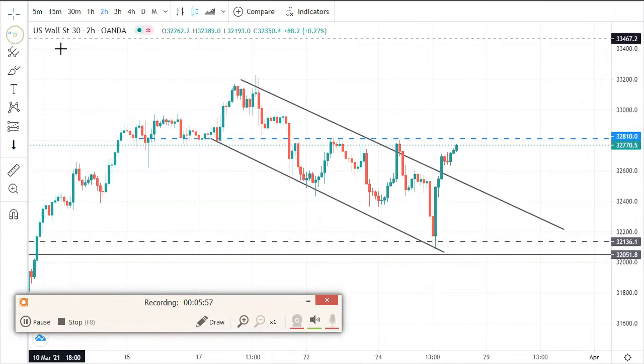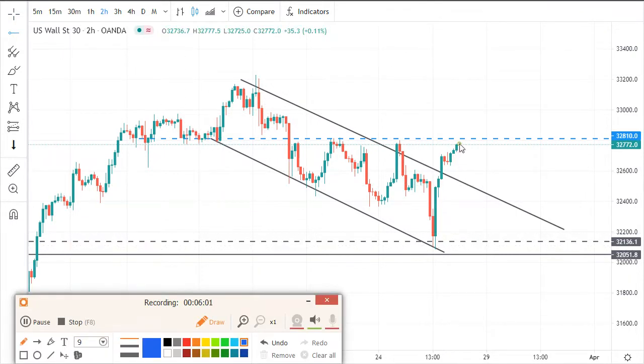So it means the market can still reject from this point. If it doesn't break, it can still reject from this point and reach this area here, or it can maybe retest around this resistance and push higher again, or it will just come here and bounce back again. So it means we can still have moves like this,